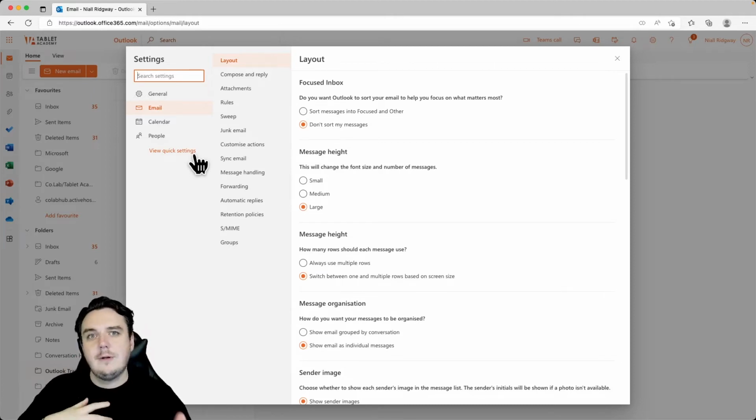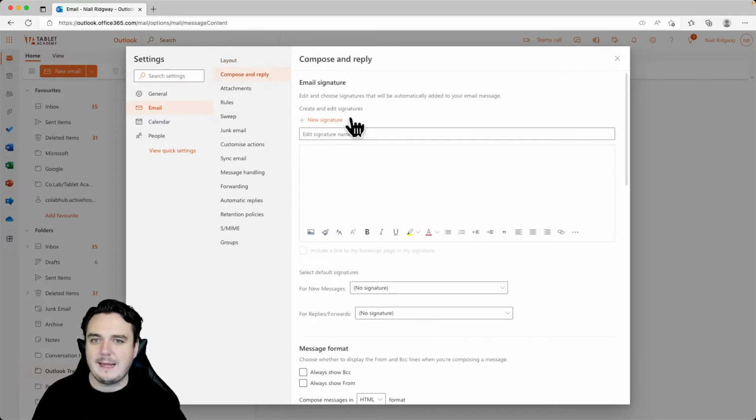So just so you know, there are some differences between the web version and the application version. Have a wee try out and see what works for you. I now tend to use the web version more, but there are those slight differences. You can, however, set a delay to your sending. So if I then head to compose and reply,